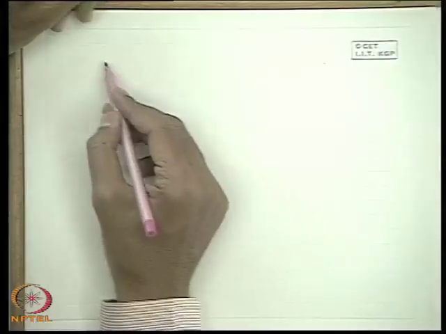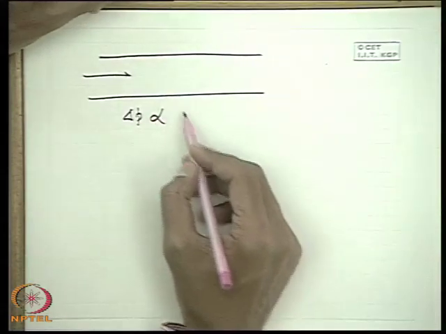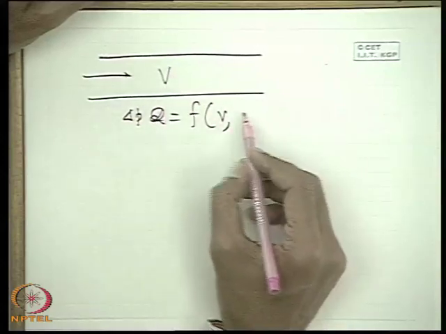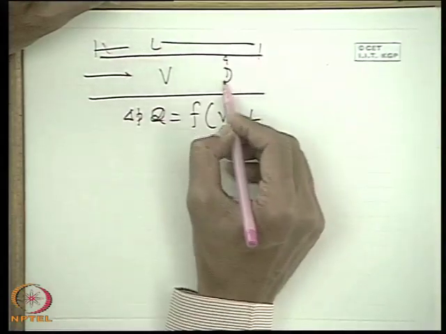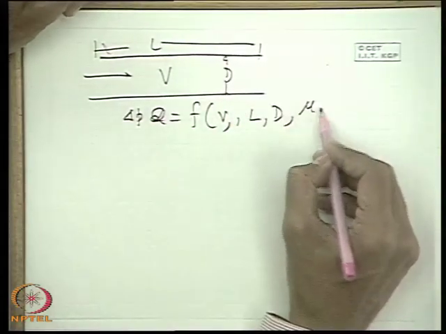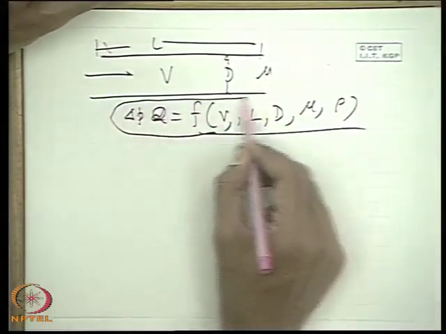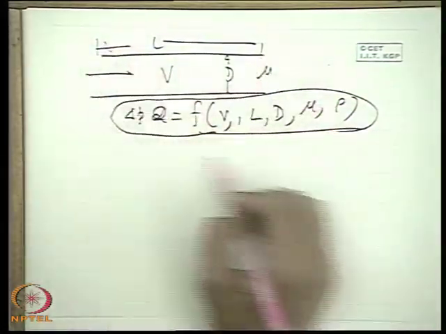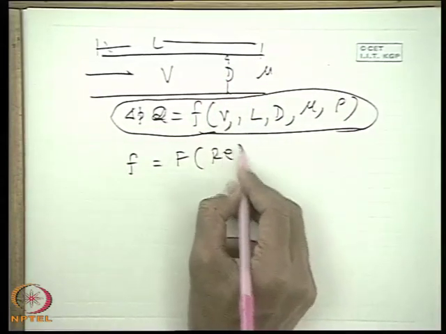But for an example, let us just see this thing. Let us see a pipe flow problem, we know that delta P depends upon what? Delta P depends upon the velocity of flow, the length of the pipe, the diameter of the pipe, the viscosity of the fluid, and the density of the fluid. But at the same time we know that for similarity concepts, from our previous knowledge, the friction factor becomes a function of Reynolds number only. What is the friction factor?